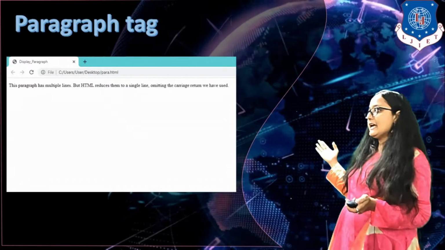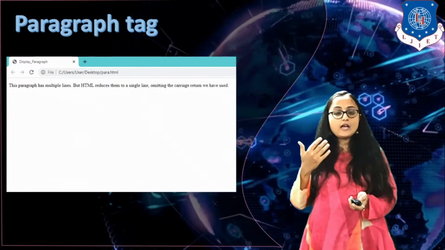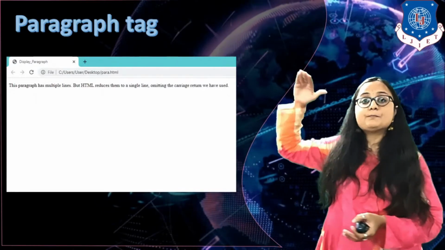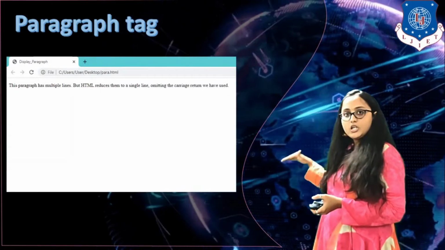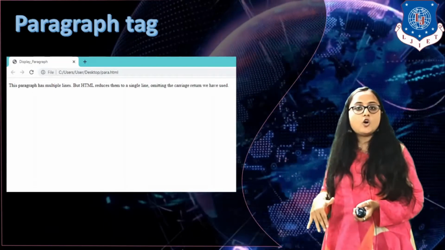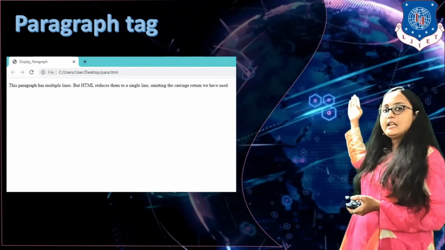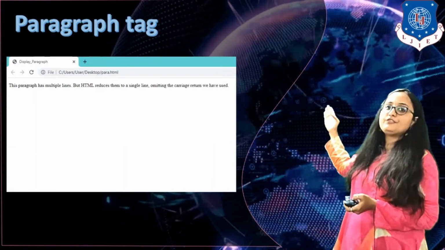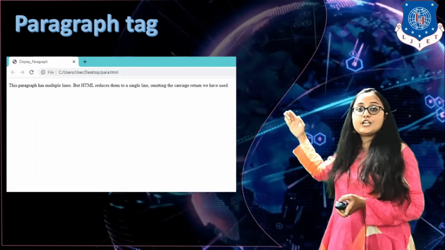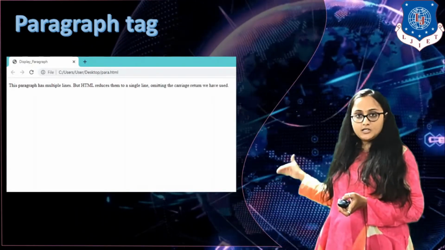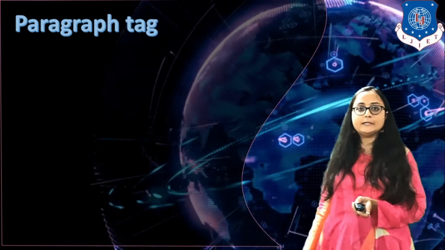You can see that in the code, I was intending to write these lines one after another. But the browser has treated these as a single line and it is written in the same line. So this is a default rule of the paragraph, that if you are writing in a single paragraph and using multiple lines, it will be considered as a single line.